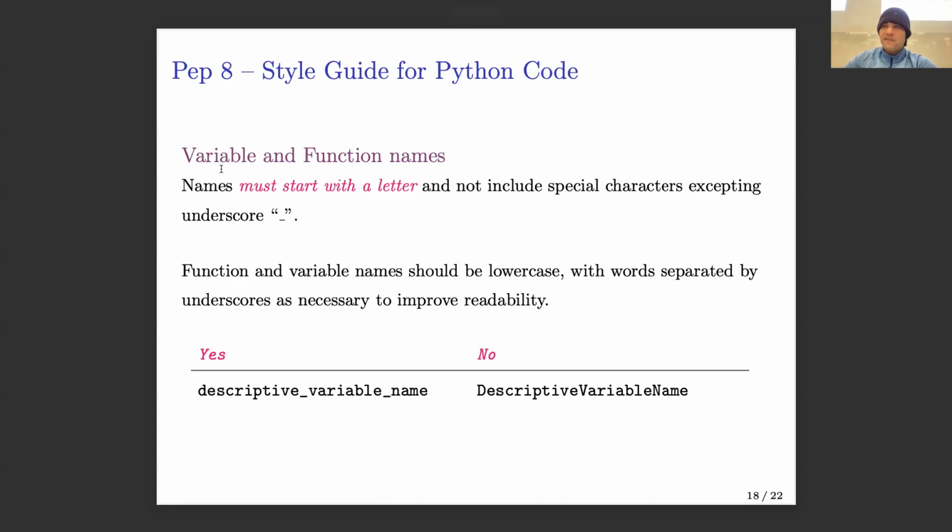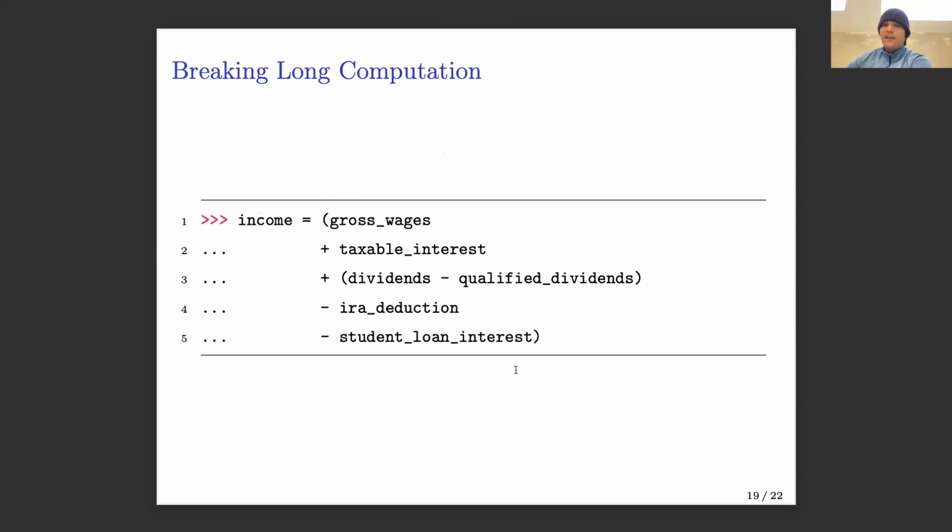Variable names and function names are like this, lowercase with underscores, and not like this. Words like this are called camel caps. That's reserved for declaring new classes, which is not something that you need to know. But you do need to know that if you write something with camel casing, any other Python programmer is going to assume you're manipulating a class, which is not what you want to do. If you want to break a long computation across lines, you want to align it like this. You may also have to put a backslash to indicate that you want to go to the next line, but this is how they're telling us we should line them up.